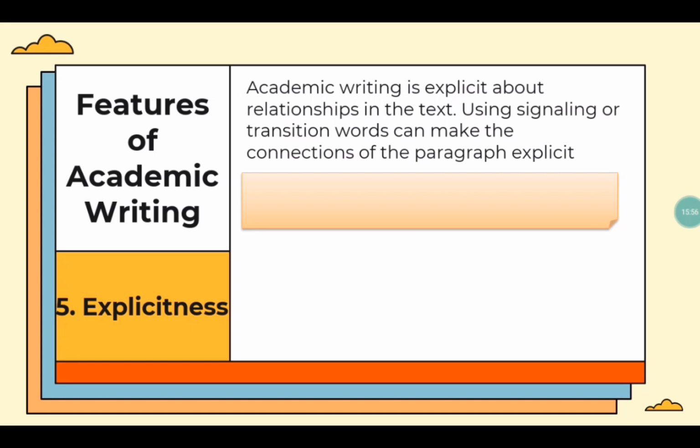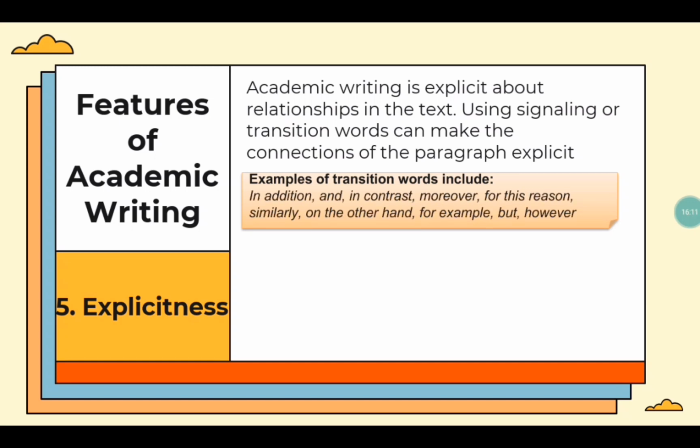It is the responsibility of the writer to make it clear so that the reader knows how the various parts of the text are related. Let's have examples. Examples of transition words include in addition, in contrast, moreover, for this reason, similarly, on the other hand, for example, but,